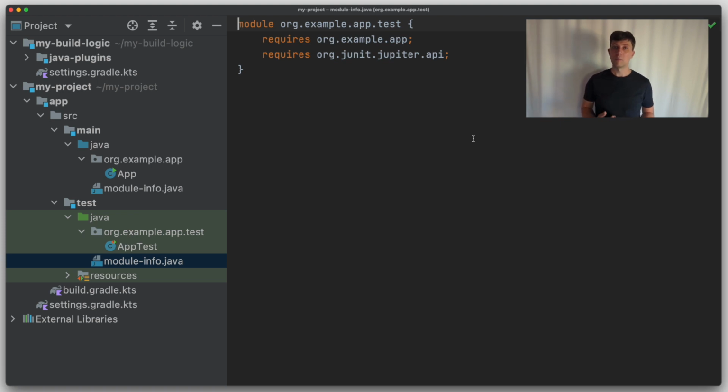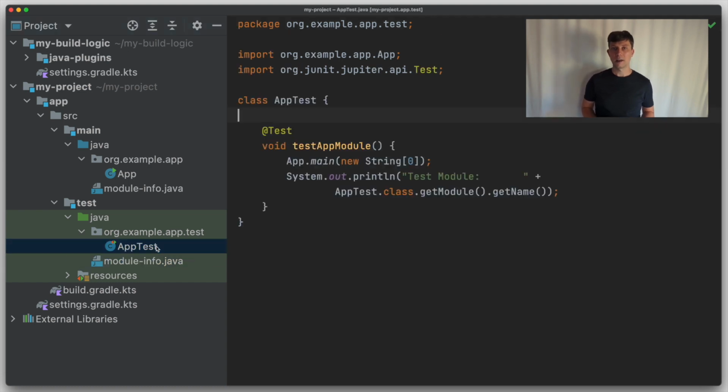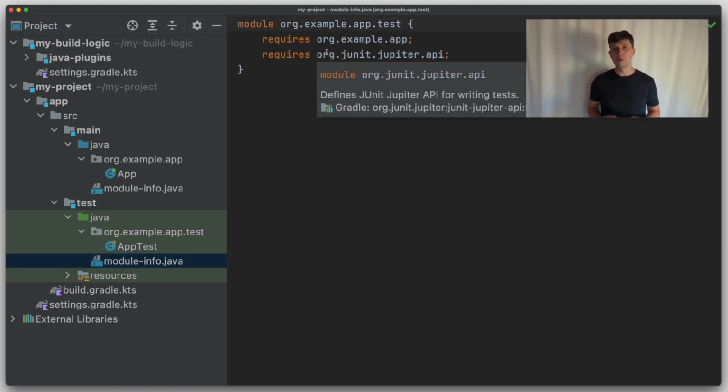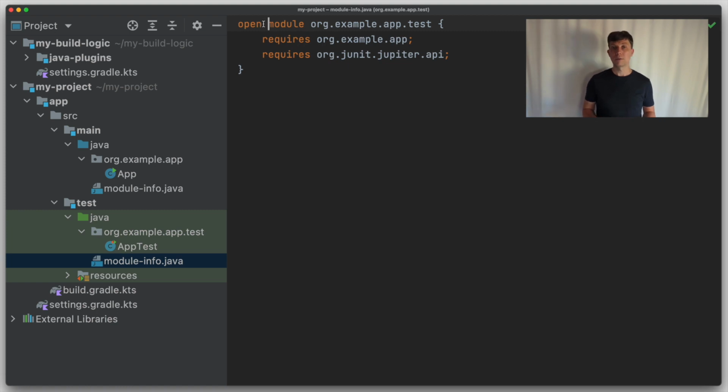By default, a module is so closed to the outside world that another module can't access anything within it via Java's reflection mechanism. These mechanisms, however, are used by JUnit to discover the tests, so the test annotation you add to the methods. To allow this, we need to open the module. This will allow reflective access for any other module.